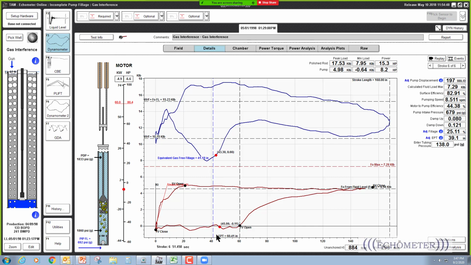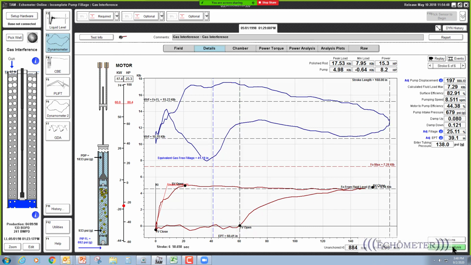So from this line to the top of the stroke is how much gas entered the pump chamber at the intake pressure. And from this blue line to that line is how much free gas is inside the pump at the discharge pressure. And so to see more about that, if you want to know more about this gas